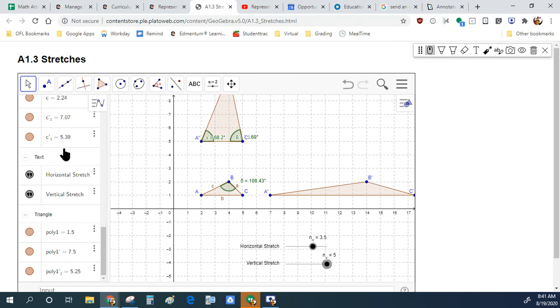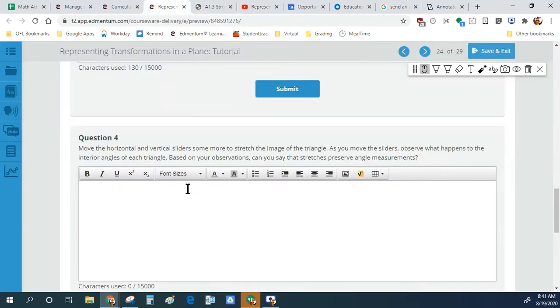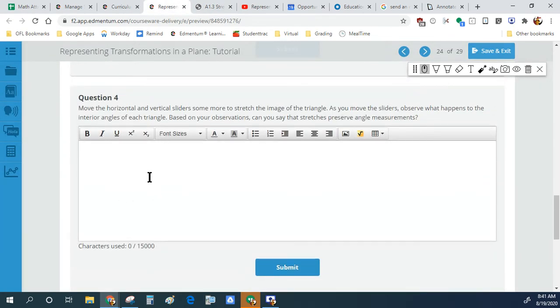Here, what we would see is if I measured it counterclockwise. So if I measured this when I'm doing the horizontal stretch, this keeps getting bigger and bigger. So it depends what angles we're talking about. If you look at the angle C, what's happening is it keeps getting bigger and bigger because this keeps stretching out. So that's what we're just going to talk about. The main thing you want to talk about is